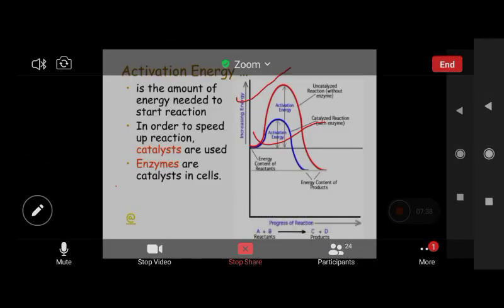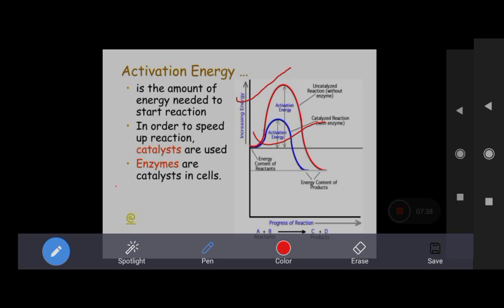Yes. See, Srishti, after reaching the peak, it is again decreasing. Got it? Understood, Srishti? At the end, it will again get lowered, because once the reaction begins and the enzyme-product complexes form, it will get lower, because at that time the requirement is negligible. Is it clear, Srishti? Okay, fine.